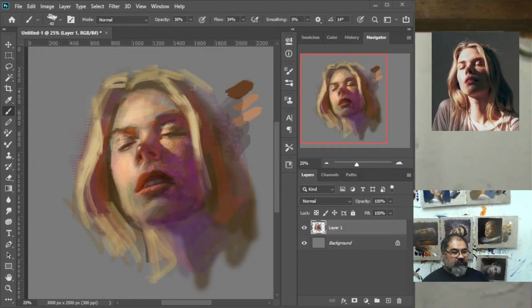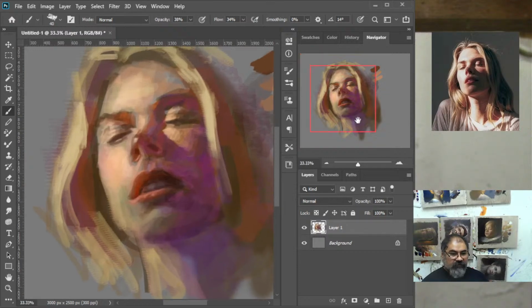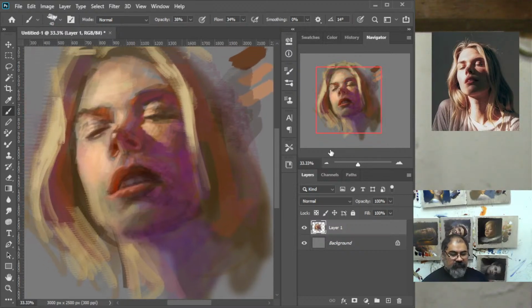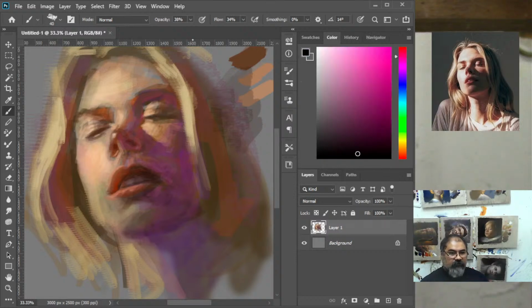Okay, let's add some shadows here. Let's see how much I can, things I feel more comfortable just retouching everything. I'm going to pick up a darker color. I'm going to add more contrast. Well, I'm going to leave it there. Okay, I'm going to lower the opacity,